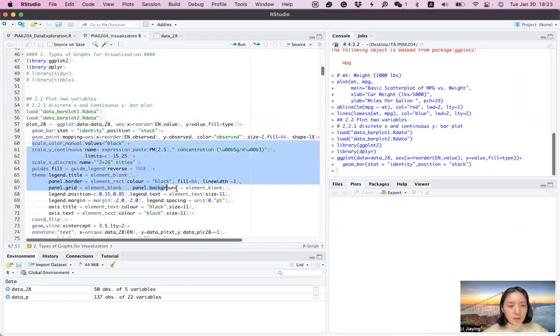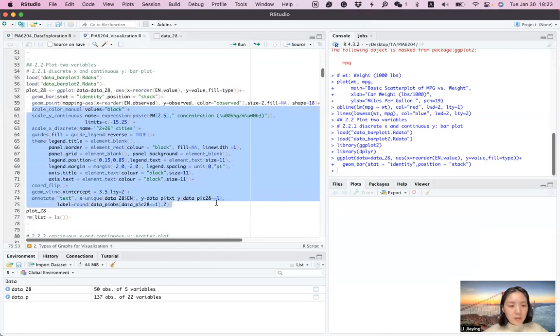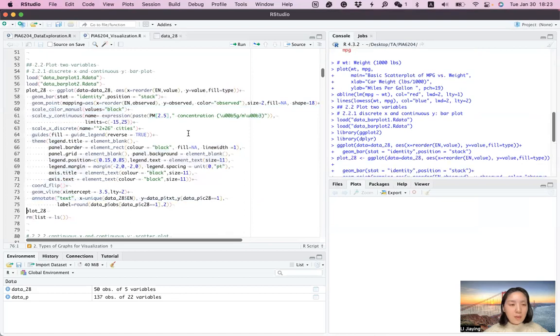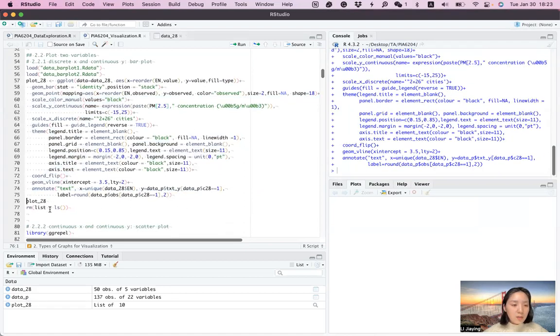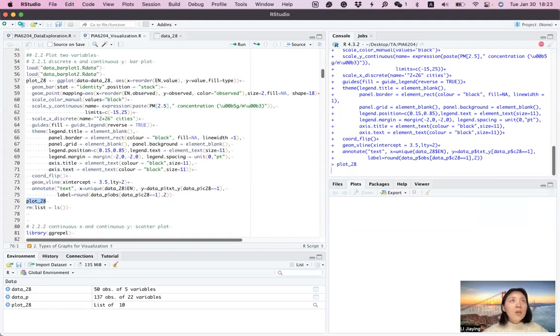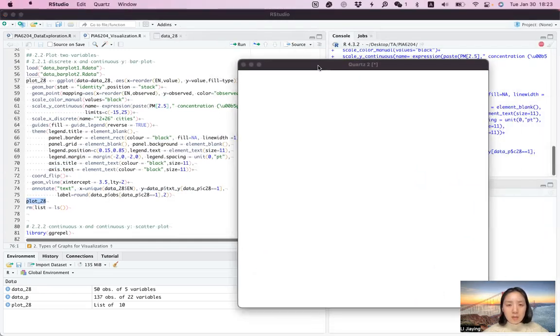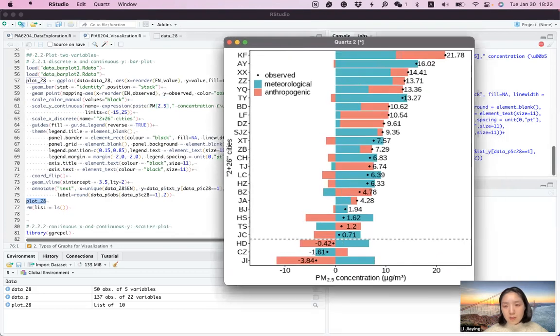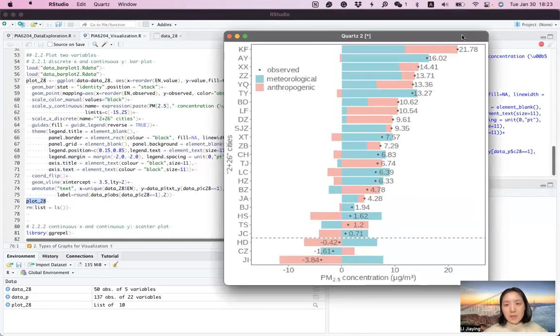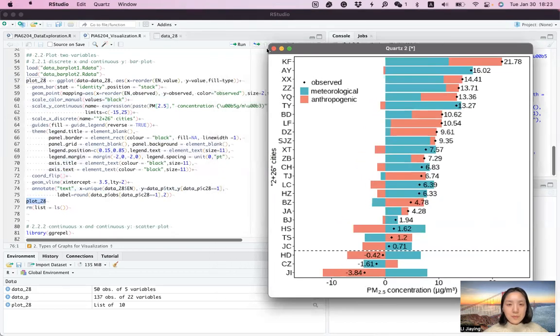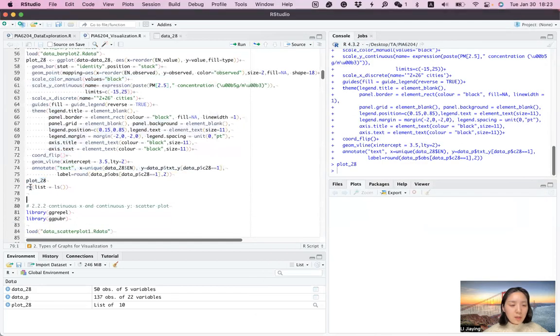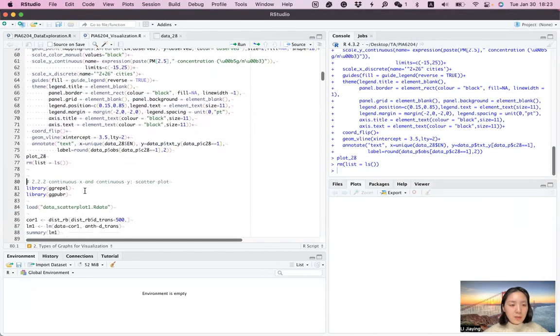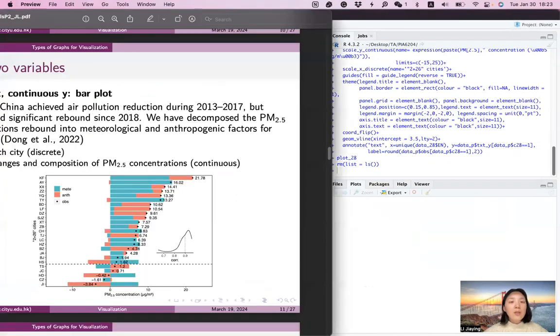And here are the other functions to customize our plot. We run this block of code, and here is the final version of this plot. Now we can clear the environment and continue to the next plot,